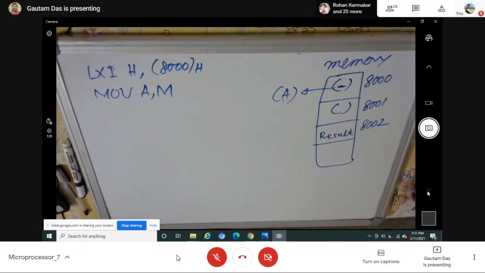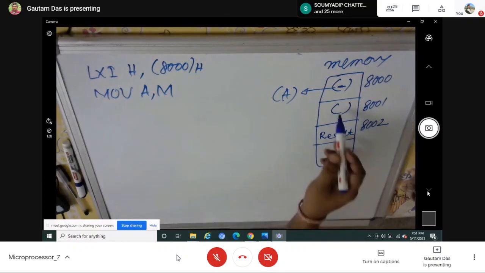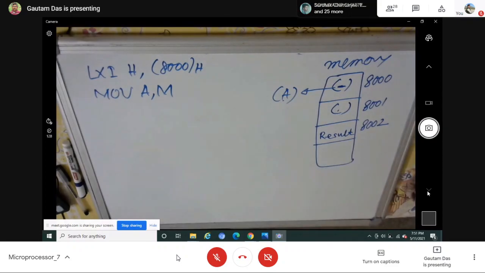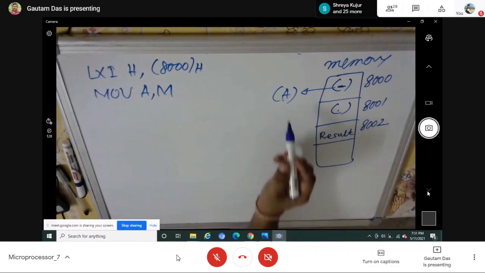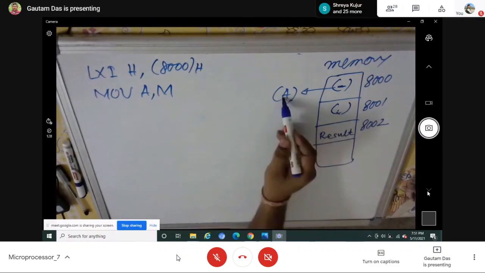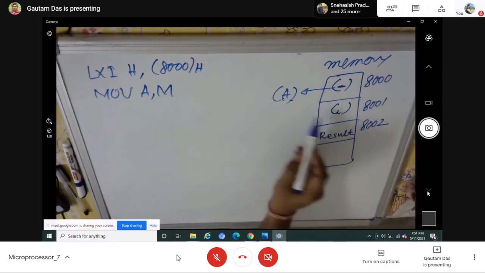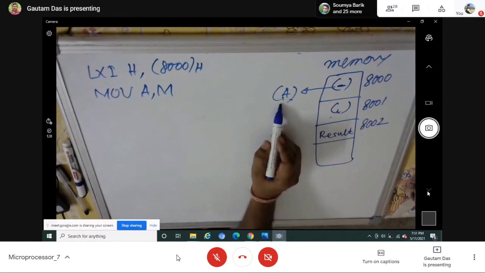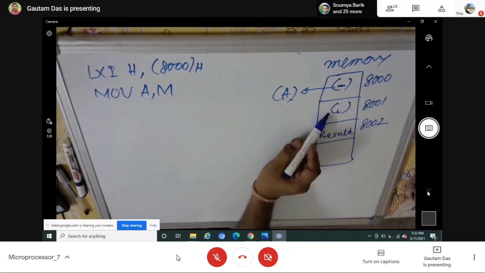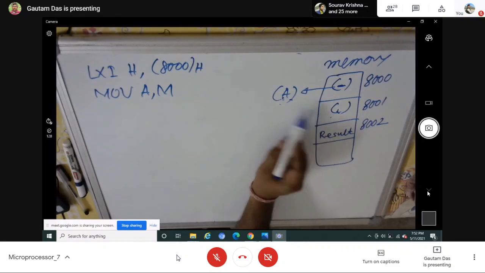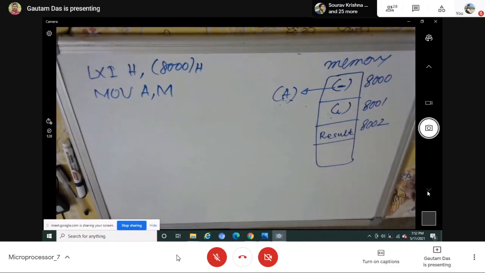That means now, out of two data, one data is in the accumulator. If I ask you where the other data that you have to add is, the other data is again in memory. Now think what addition instruction is available to add the content of the accumulator and memory. You want to do A plus M, because you have already stored one data in A and the other data is at M, means memory. Now search for the instruction that can perform A plus M. Which instruction is there?